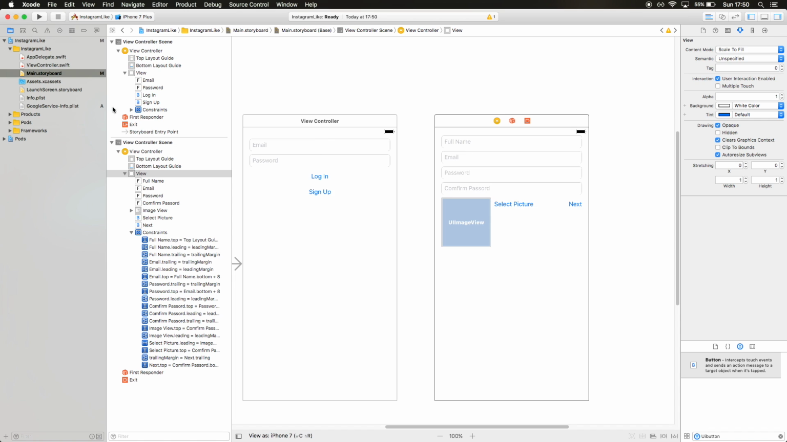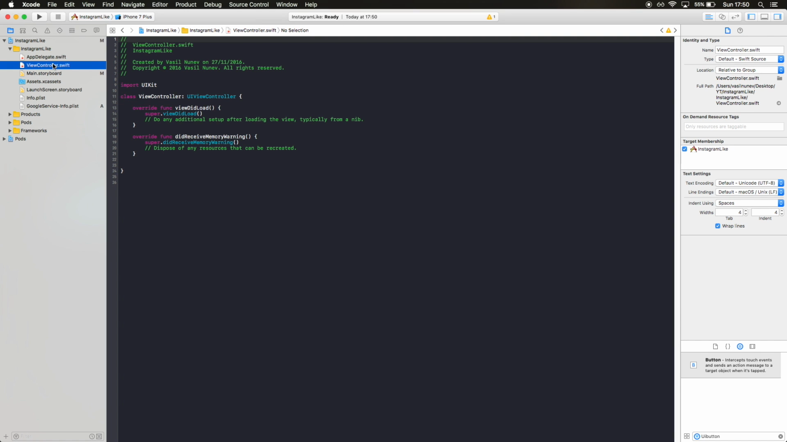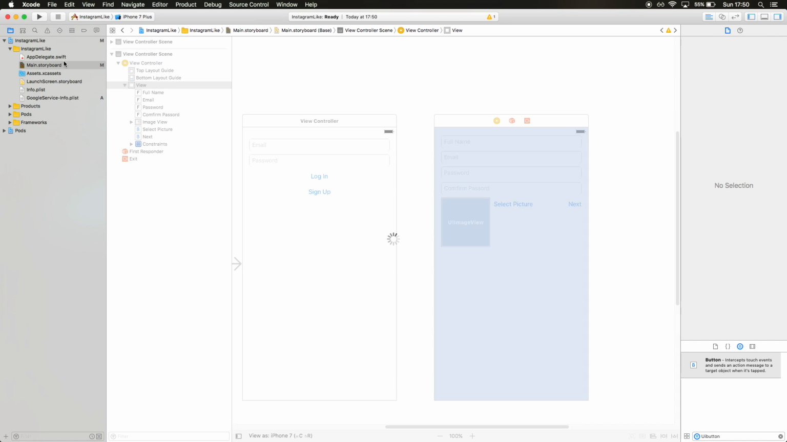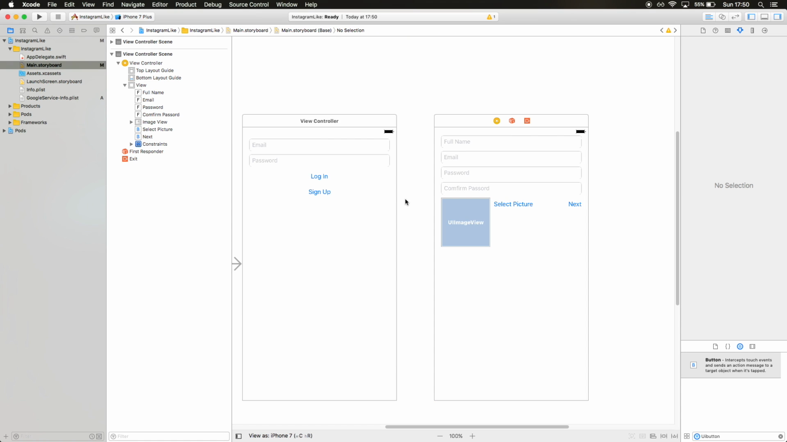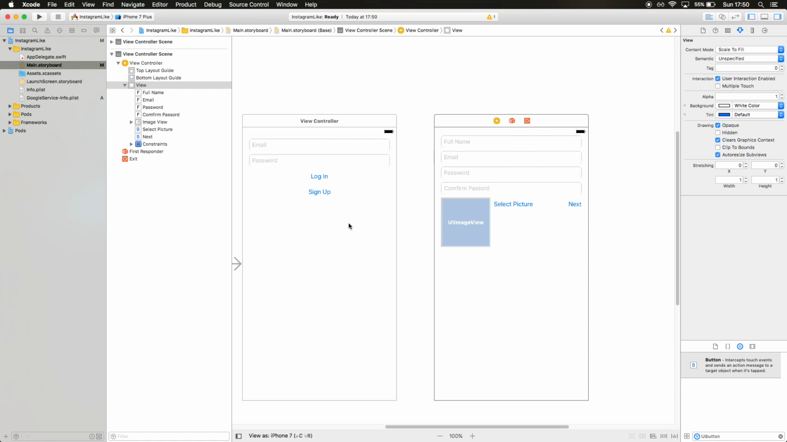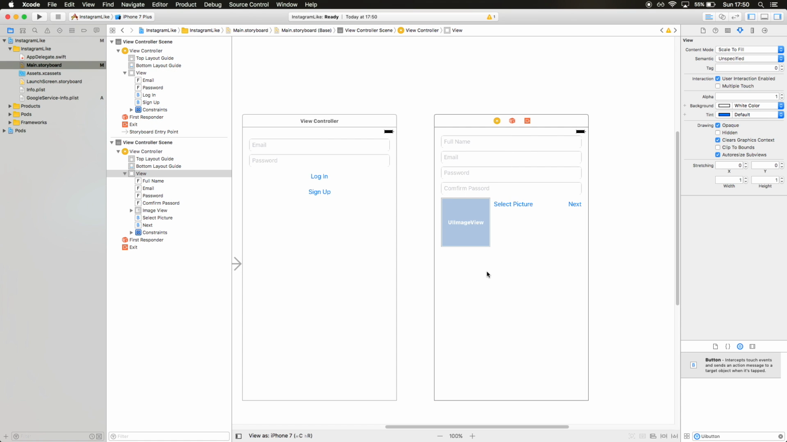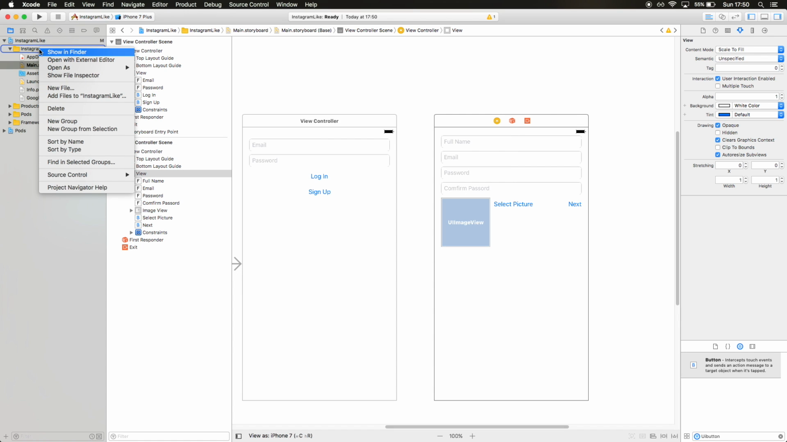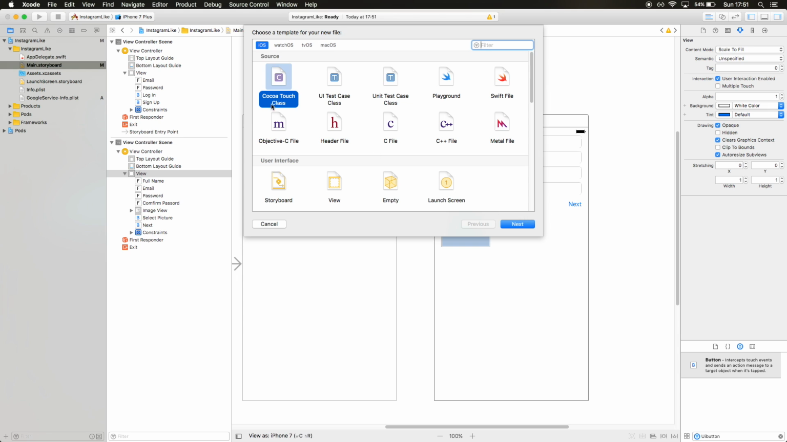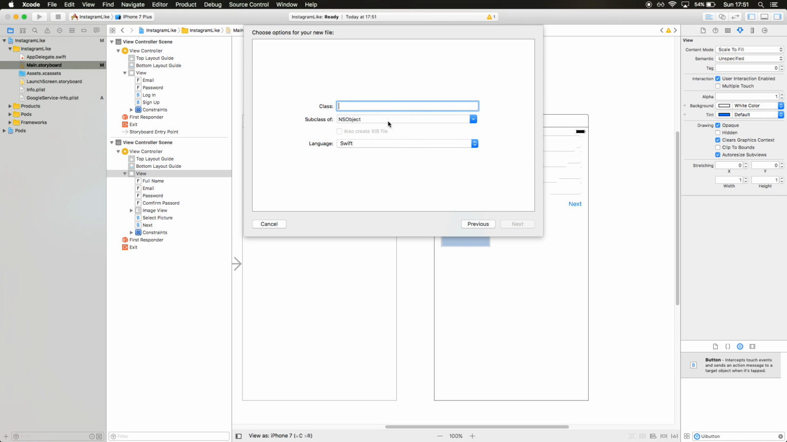Now let's go and write some code for this. So basically I'm gonna delete this one, I don't need it. Okay, so basically we need 2 view controllers, one for sign up and one for login. I'm gonna go for sign up first. So let's right click here and add a new file. This new file is going to be a Cocoa Touch class, and very simply it's going to be called sign